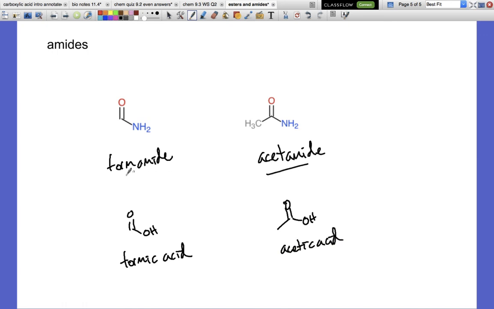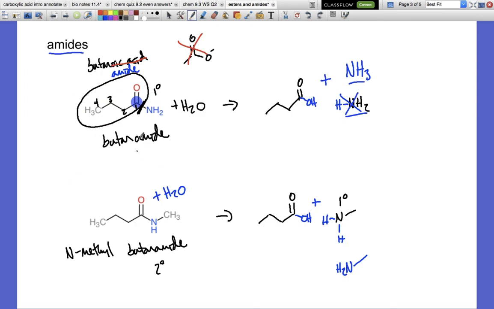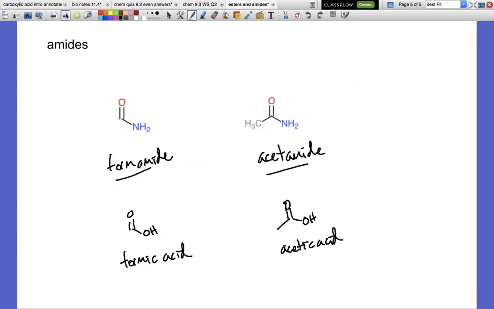Right, so these names are used pretty frequently. If I go backwards, maybe I could have called this a butyramide, because that's a common name, but I just typically don't use common names for things with 3, 4, 5, more than 2 carbons. So it just depends on your preferences. But again, those two smallest ones are typically referred to as formamide and acetamide. So it's kind of nice to know that. All right, so that should be everything we need for now. I'll do some more derivatives